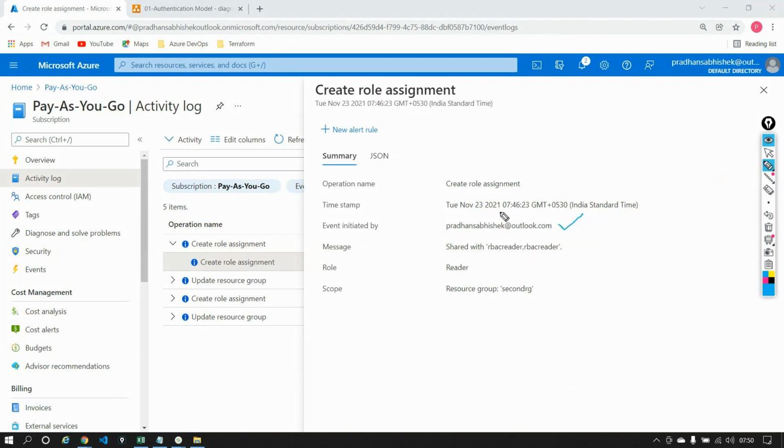At what time did I add it? Somewhere around 7:46 plus 5:30 Indian Standard Time. And then finally it said shared with rbackreader@gmail.com. This is the user who got added, and the user has a role known as reader. And the resource he's added to is the second RG out here. Right? This is how I'll be able to see all these things out.